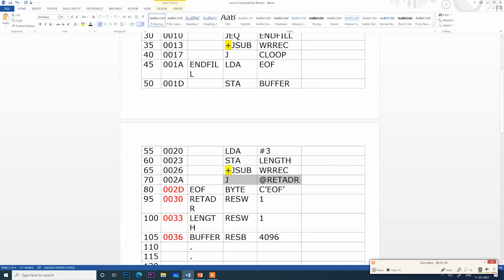So what is J at RETADR? We'll see that. So J at RETADR. So listen, the value for J is 3C and RETADR is 0030.